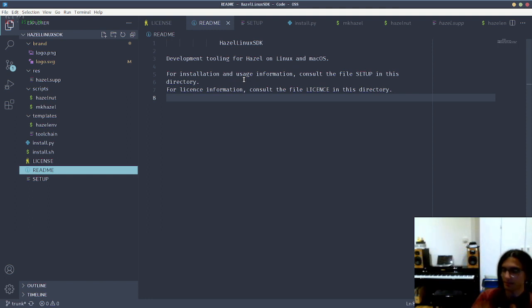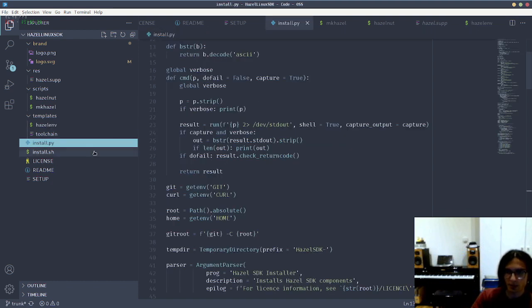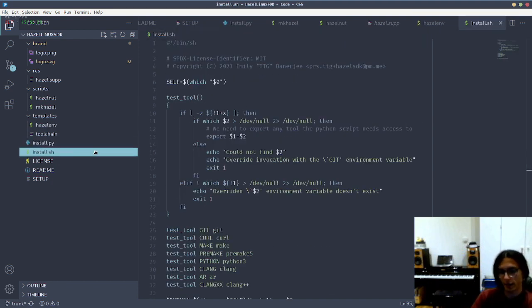Well, the macOS support is still very much I make a load of hacky changes, see if it still works, and then don't commit it because there are a load of hacky changes. It'll come in the long run, but for the time being, it's not something I'm actively working on. In any case, this is basically just a set of tools to make setting up the development environment for Hazel